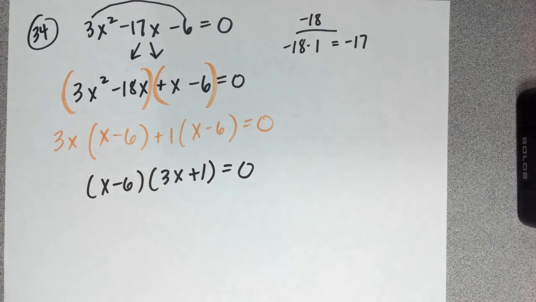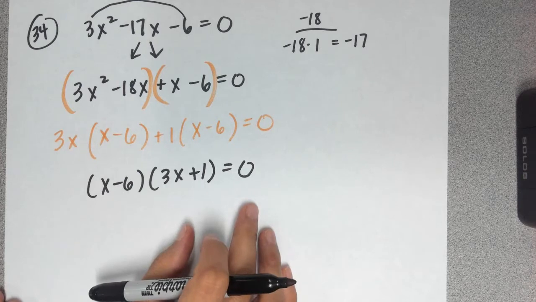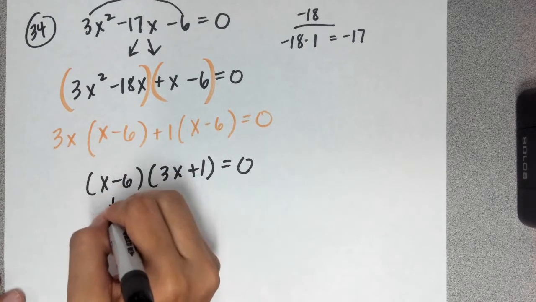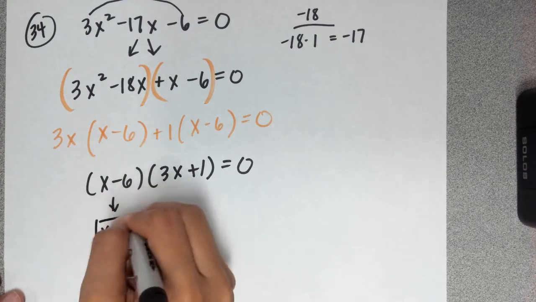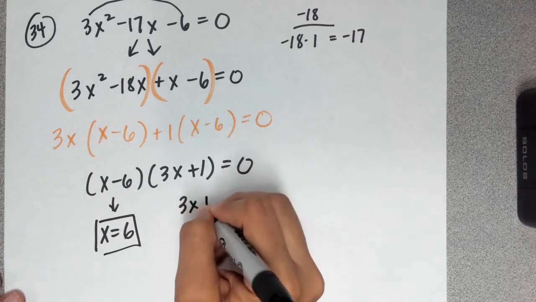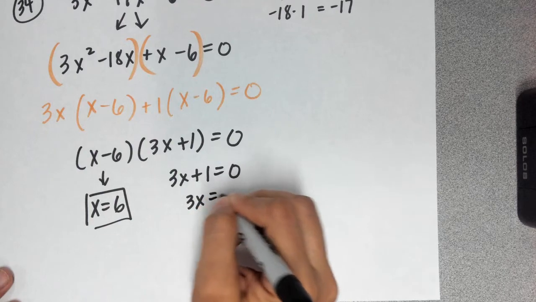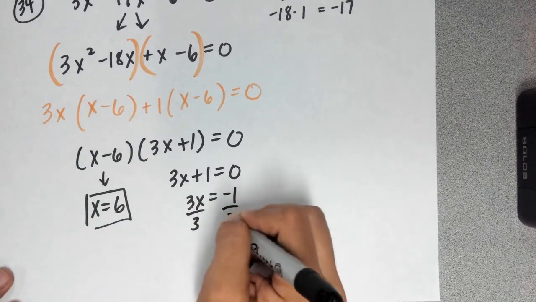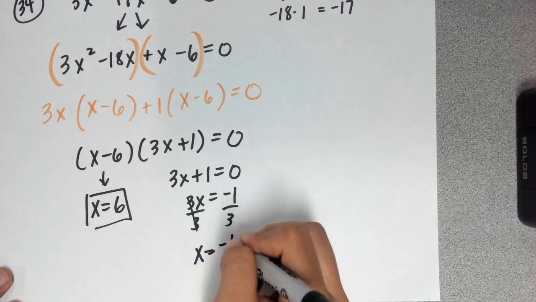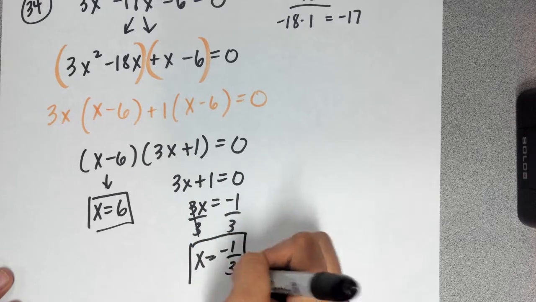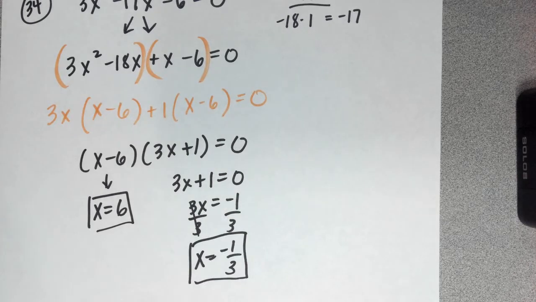If I want to solve, I'm going to set both of these factors equal to 0. So this one is going to be x equals 6. Here I have 3x plus 1 equals 0. I'm going to move the 1 over, divide by 3, so x equals negative 1/3. And those are my final answers. So when it says